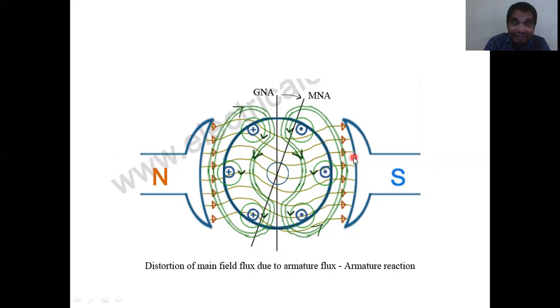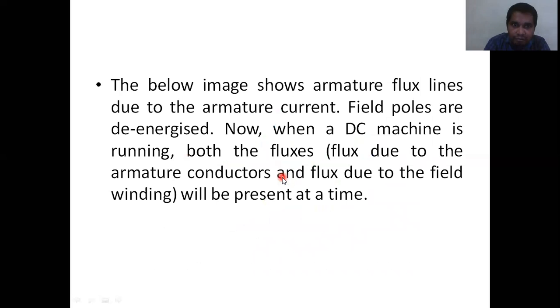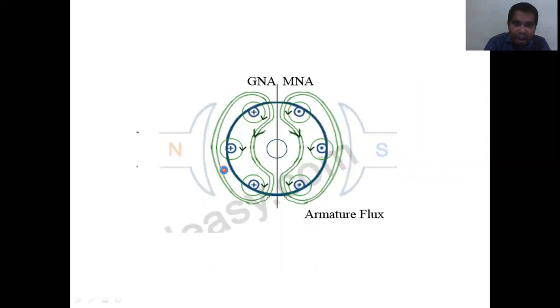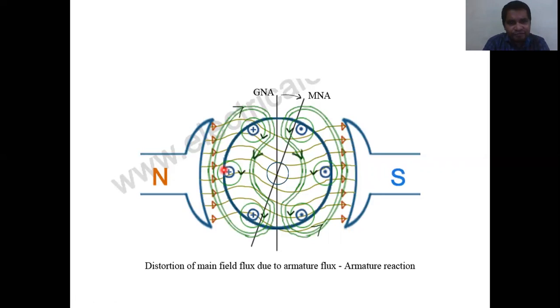Main flux is disturbed. You can see the main flux waveform like this, and in the beginning, this is the undisturbed one. That's why the armature flux alters the main flux due to the armature reaction. That is called your armature reaction. This will only take place when the armature also carries current. But the armature will always carry current because you have to load the armature. Whenever a load is connected to the armature, the armature also carries current. So it will produce its own flux. That flux influences your main flux and changes the main flux.